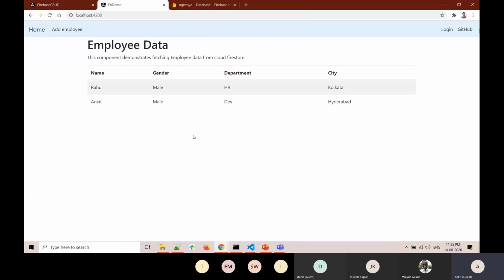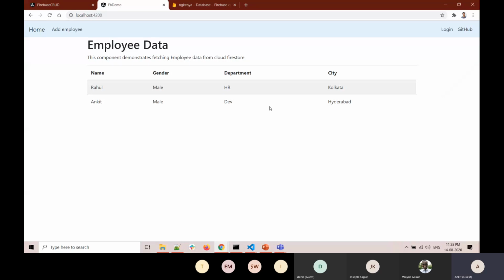So that is how the collection on the Firebase Cloud Firestore database is working. While adding the data, it will check. If it does not exist, it will create the collection. If it already exists, it will add the data to that. So this is how the CRUD operation of this particular application is working.